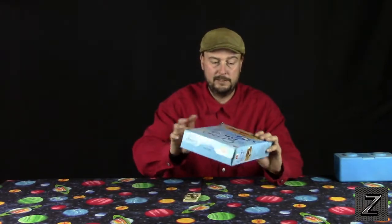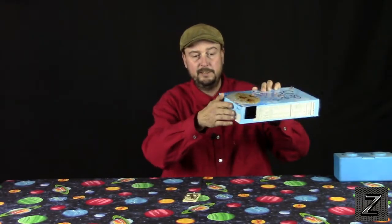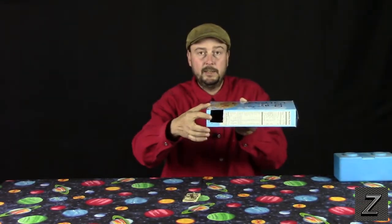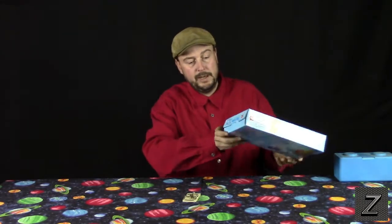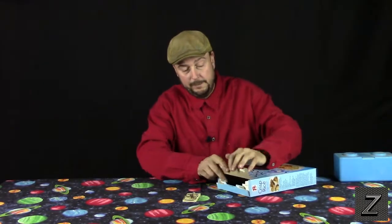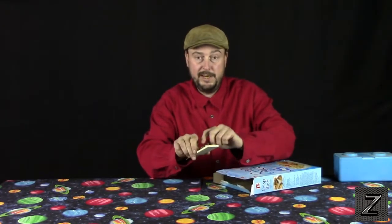But with a glue trap, you can use almost any thickness of a box. And then on the closed end, the end that's sealed and still glued shut, just make a little hole. It's big enough for a mouse to get into. Now on the other side, you open it up. Now you bait your trap, set it,